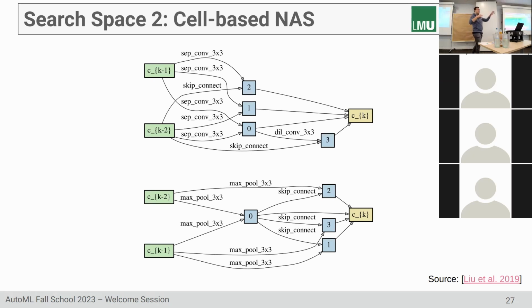And then these cells are basically also arranged in a certain architecture. And here you already have a lot of degrees of freedom where you can choose all these different connections here in order to get to the different states. And this already yields a very complex and difficult optimization